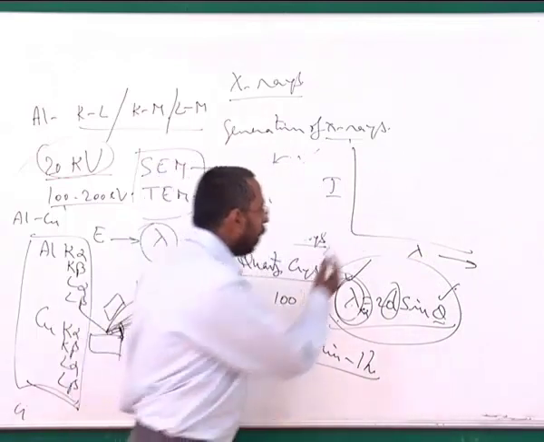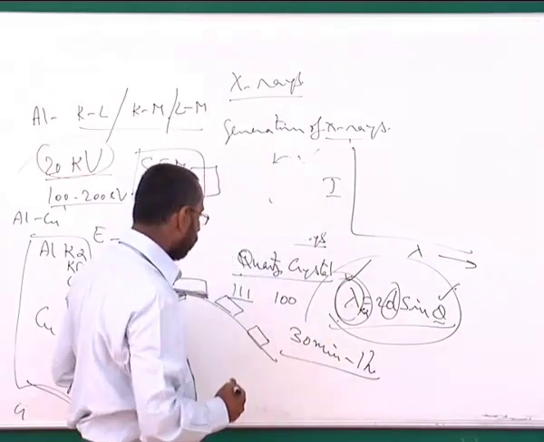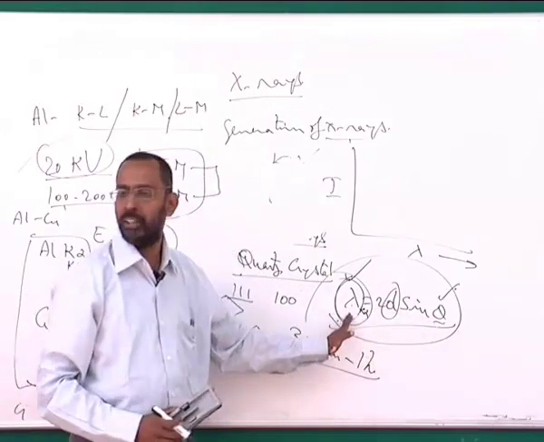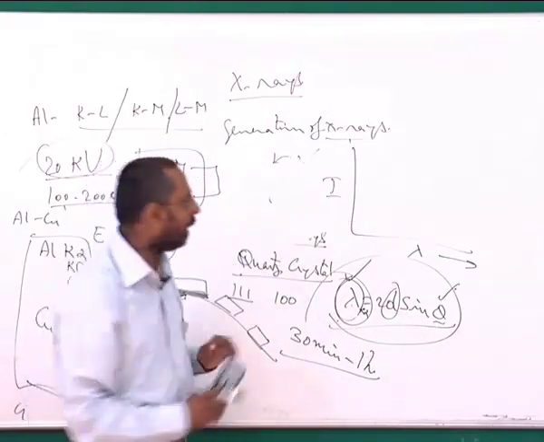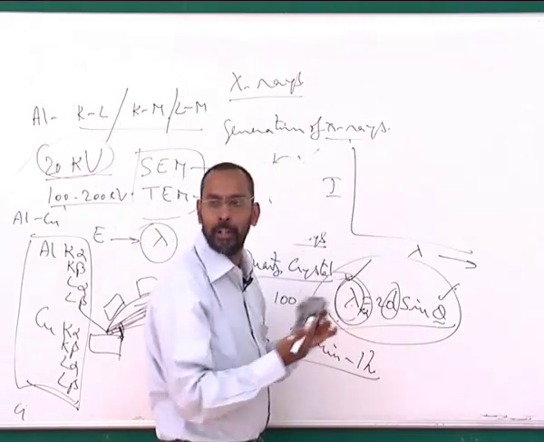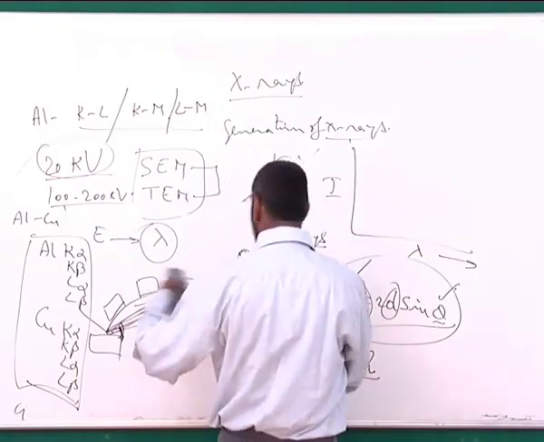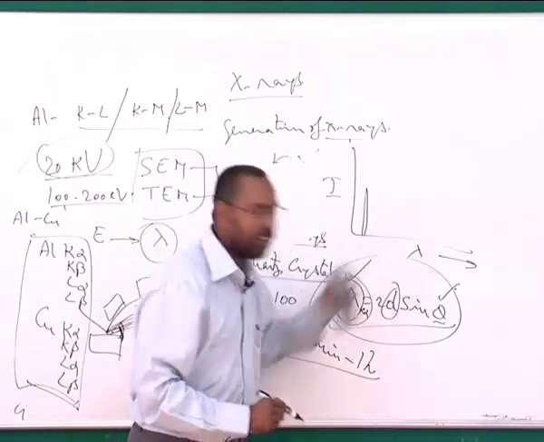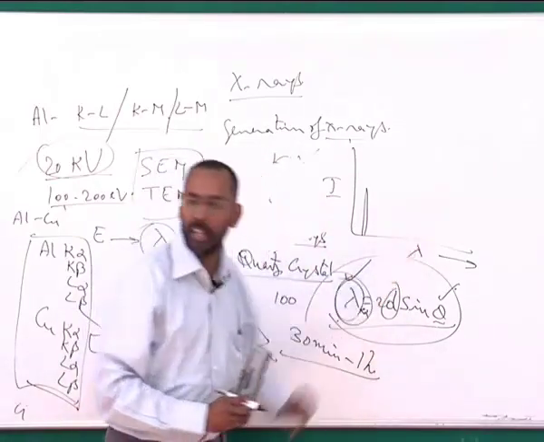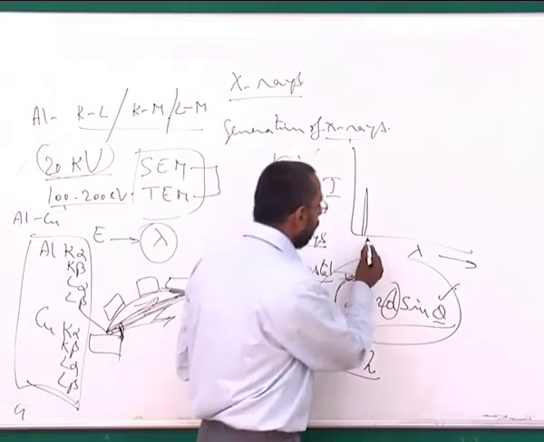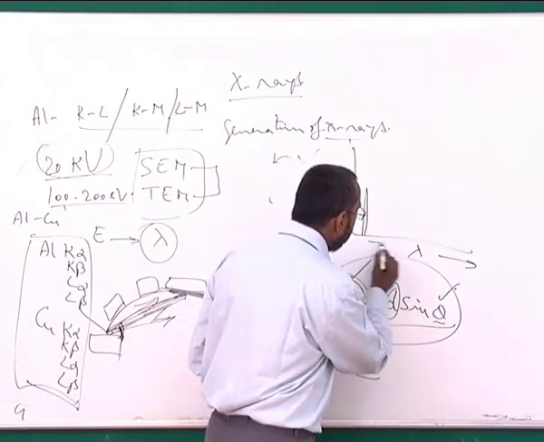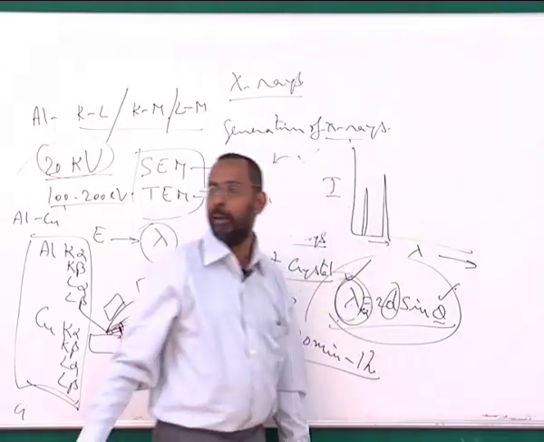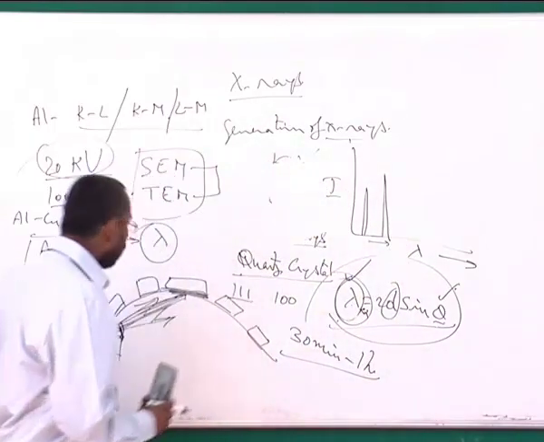So I start with a lower lambda, let us say, which is for a smaller angle. As you can see, if the theta is small, lambda is small. So I start with a very small angle and see if there is a particular peak, a particular X-ray that is coming up, and I pick it up. And now I change the theta a little bit, that means I am changing the lambda. So maybe when I keep on increasing the theta, the moment I come to a certain theta, I may pick up another peak lambda, depending on what lambdas are coming.